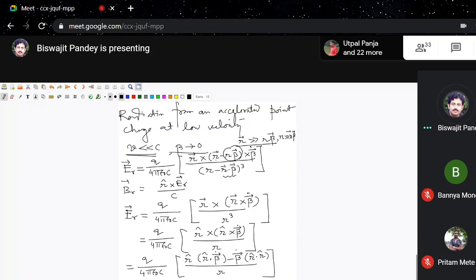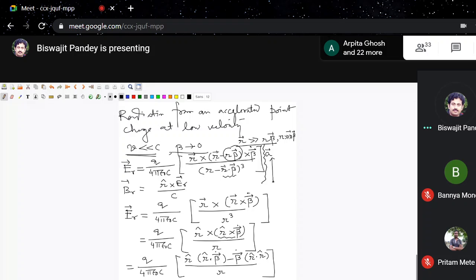This will be equal to... let us understand the meaning of this term, because what is R cross, what is the direction of R cross beta? Let me just draw a picture here that will be convenient. Suppose the moving point charge has the acceleration along these directions. This is the moving point charge, and suppose this is the acceleration vector A,